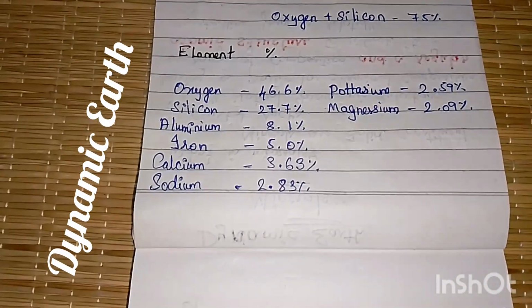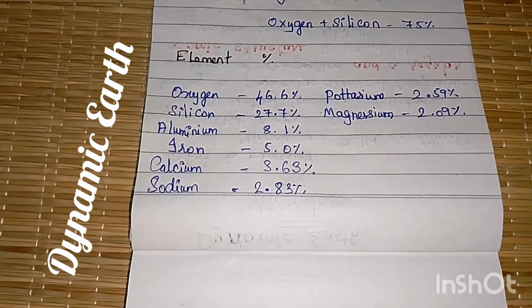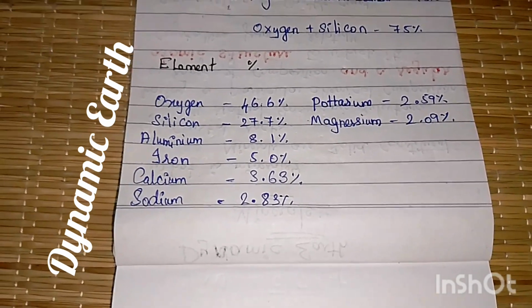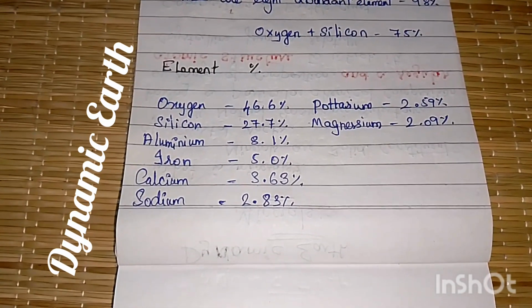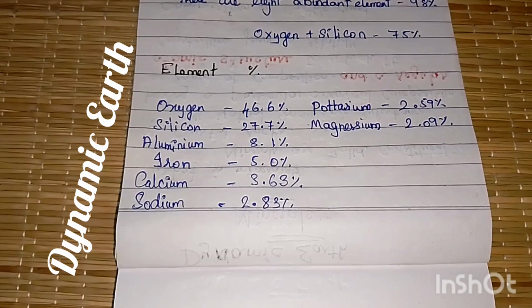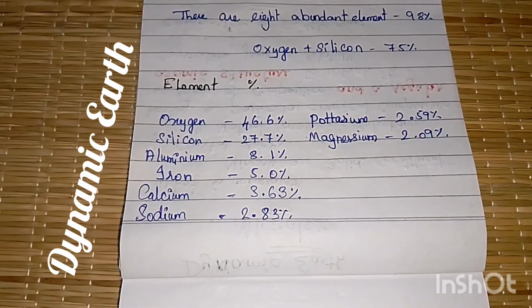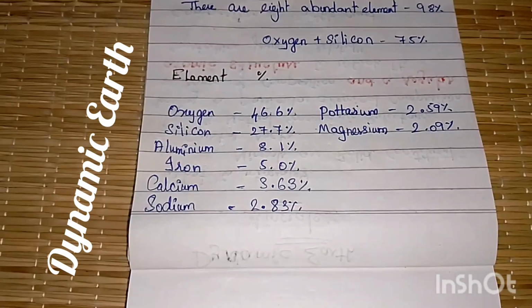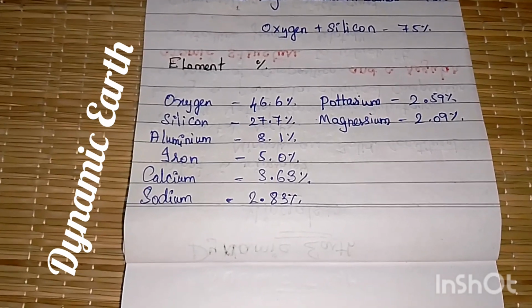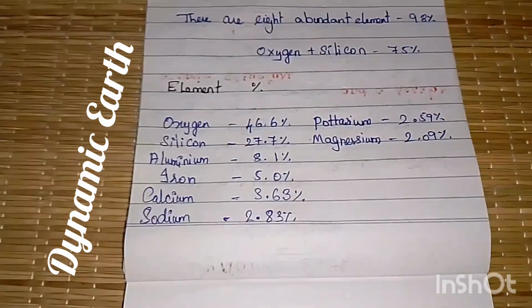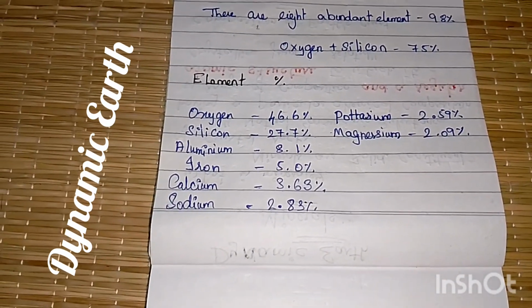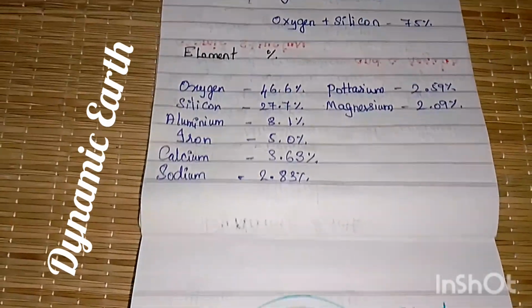The name trace element means an element which has a very minimal percentage in that locality. Considering the whole earth, except these 8 elements, others are trace elements, but in a particular location, if iron is very scarce in that locality, we can also say iron is a trace element. It does not depend on the whole earth's crust, it depends on the locality. If in a locality iron is abundant or rich, those areas are much more suitable for mining activities, and these elemental percentages are not common all over the world. They can change from place to place.